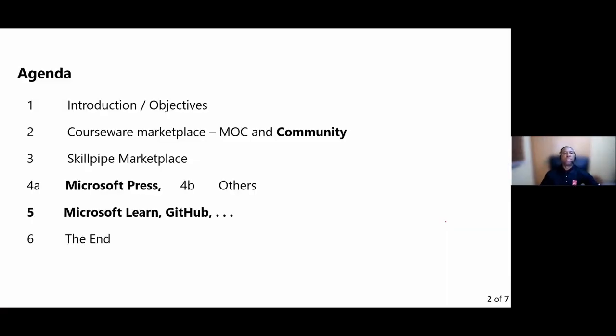So this is the agenda for this particular presentation. We're going to be looking at the introduction first, then we'll see the objective for this meetup. Thereafter, we're going to move to the different sources that we can actually get courseware from. We are looking at maybe 7 slides at most, effectively 5 slides. These days, I realize that the practical aspect has a way of making things really interesting instead of the theories. So from module 2 to 5, we're going to be looking at the various sources we can get